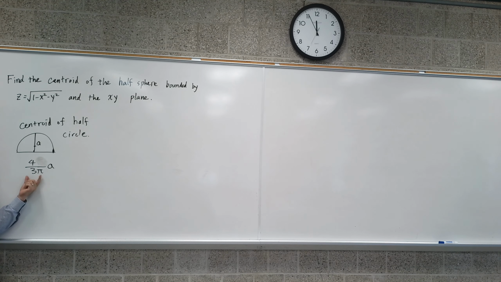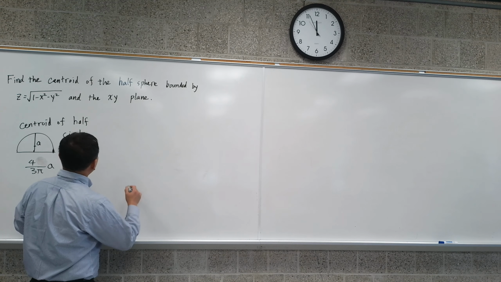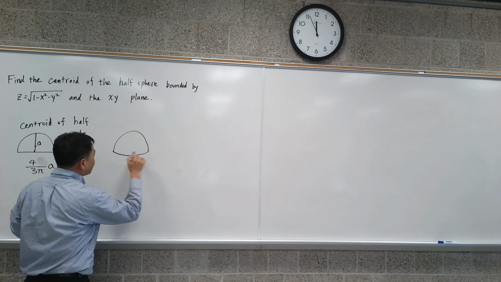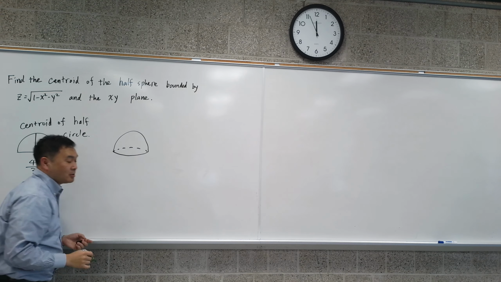Nothing else works. Okay. So anyways, 4 over 3 times 3, that's 4 ninths, so 0.4 something. So you can see that the center of mass of the circle is slightly less than half. That's what you get. Right? But then, in this question, when you're looking for the center of mass of a sphere,